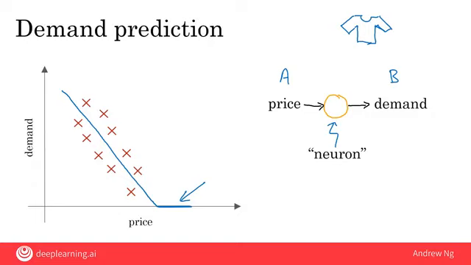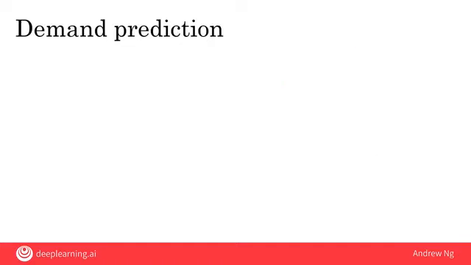If you think of this orange circle, this artificial neuron, as a little Lego brick, all that a neural network is, is if you take a lot of these Lego bricks and stack them on top of each other until you get a big pile or a big network of these neurons. Let's look at a more complex example.